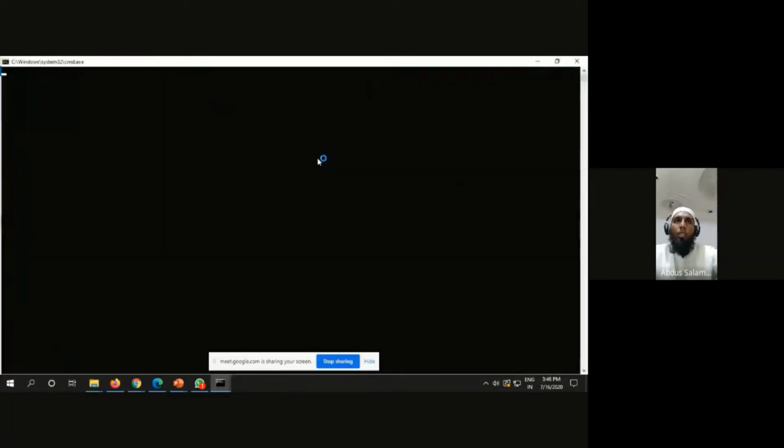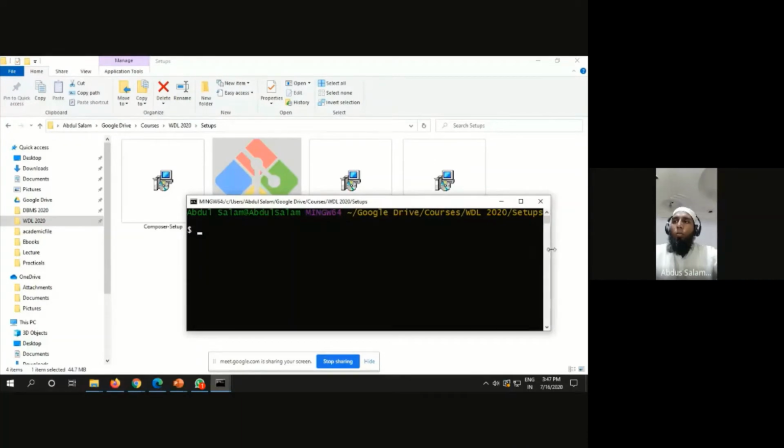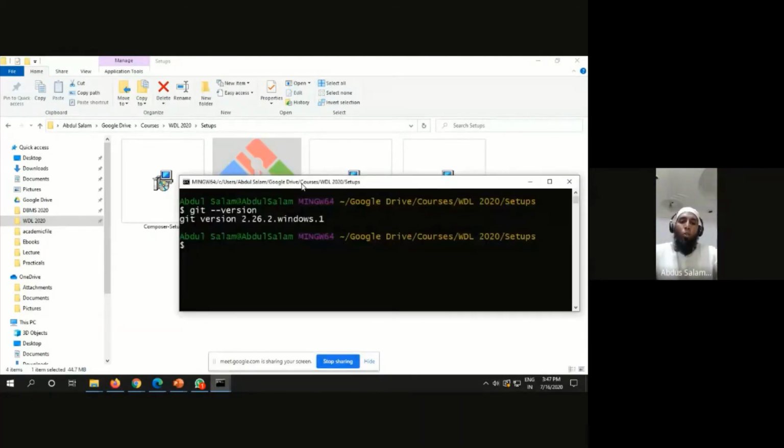So here I get the Git console, just like terminal in Linux. If I want to know the current version of my Git, I can see that Git is installed properly. For Node.js, we have the command npm, that is Node Package Manager, and I can check the version of npm also.